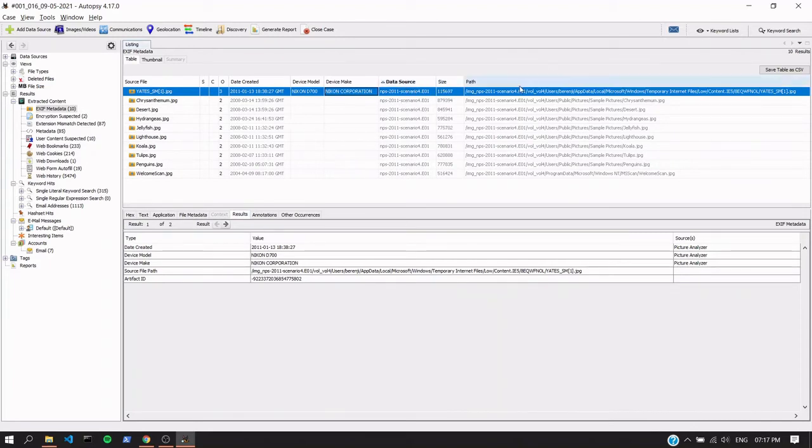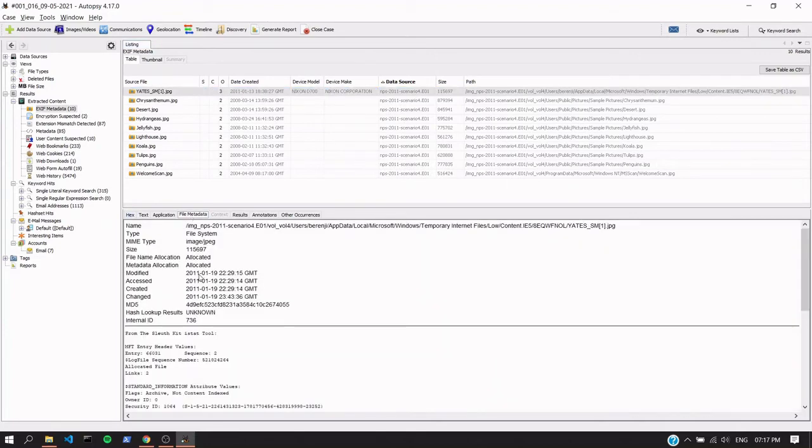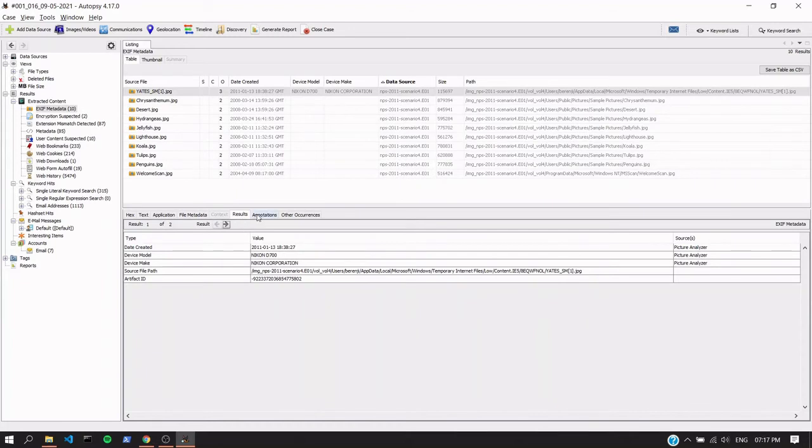This shows the size of the image, as I said before, and the path itself. So if we look into the metadata, it's the same information as we got for the images previously.